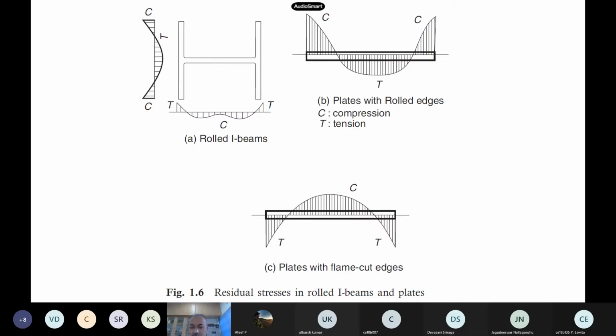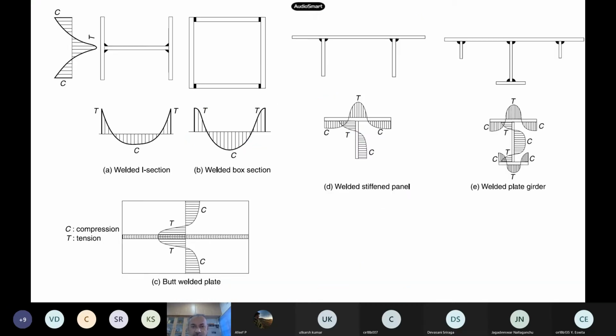And then another important thing I told you: residual stresses. In steel, generally when there are no loads, our assumption is the stress will be zero. But in steel the problem is, when you do welding or rolling, there is unequal cooling, where some edges may get cooled fast and some may not, so you will have some type of stresses. This is an important issue in steel, the residual stresses. The beam is already under stress before applying the load itself. So how it varies is very important to note down.